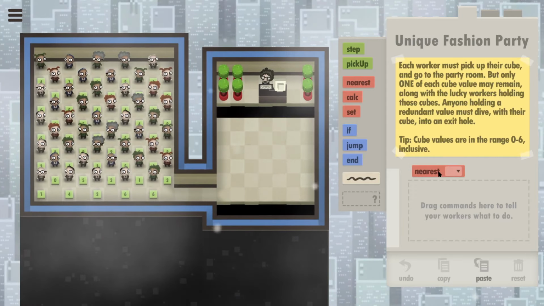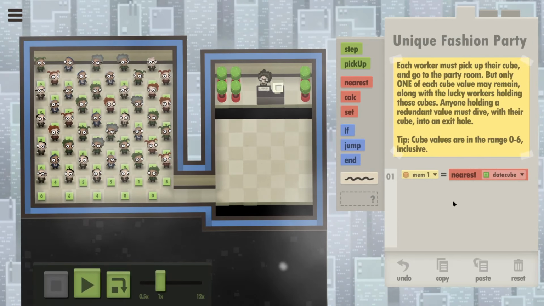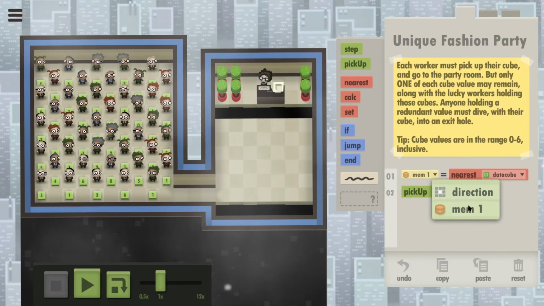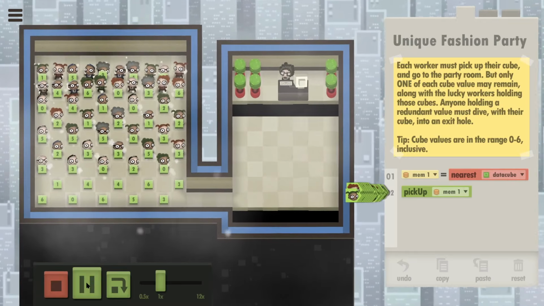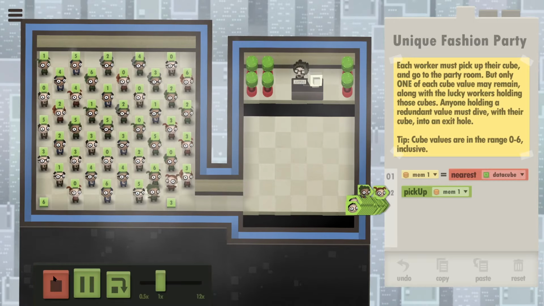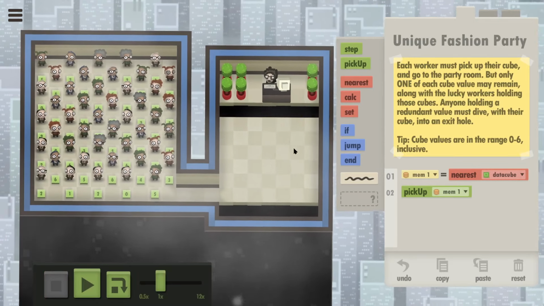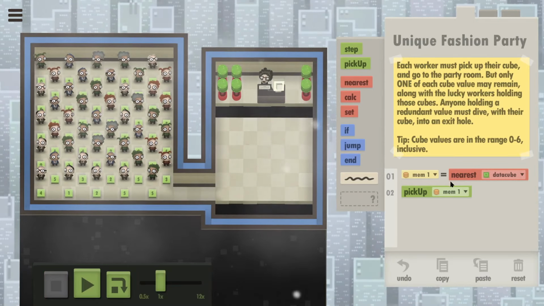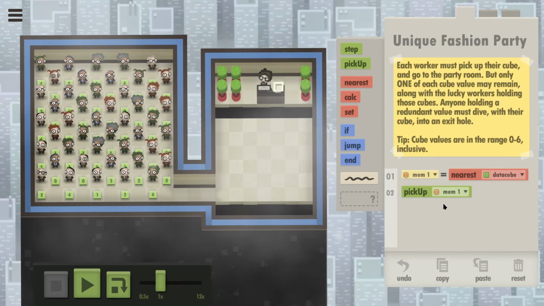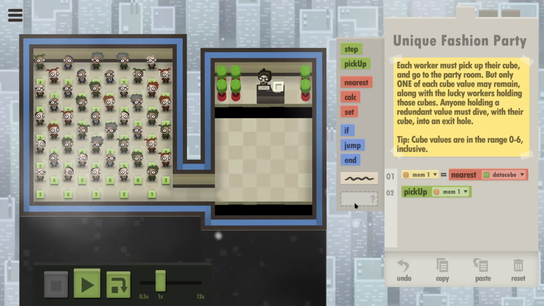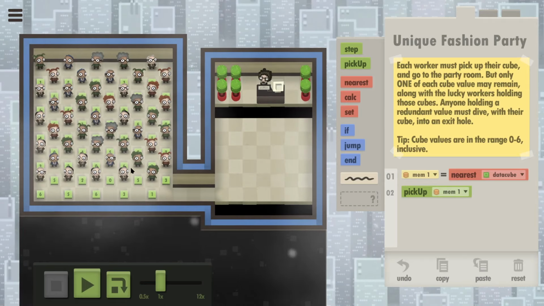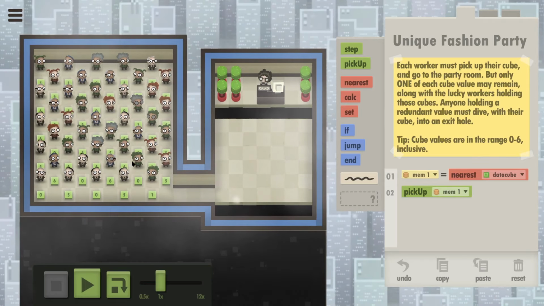Okay, so nearest starter cube. It's memory 1. Pick up memory 1. Now I just want to see if everyone picks up a data cube. They do adjust to say, alright, well, the one that was my closest one's no longer there. Cool. Okay. So no one will be standing next to anyone else at the point that they all pick them up, because they will all be standing